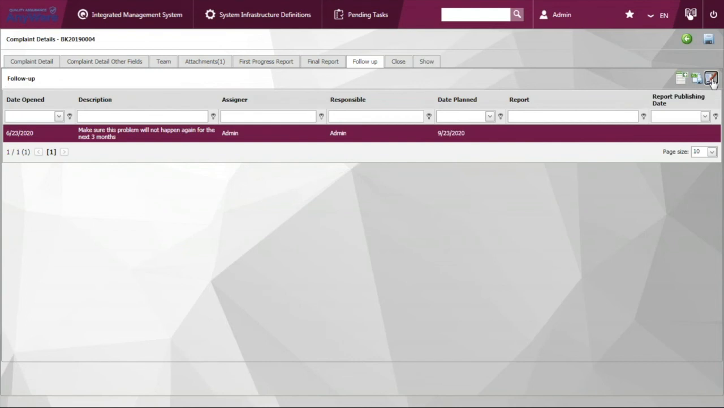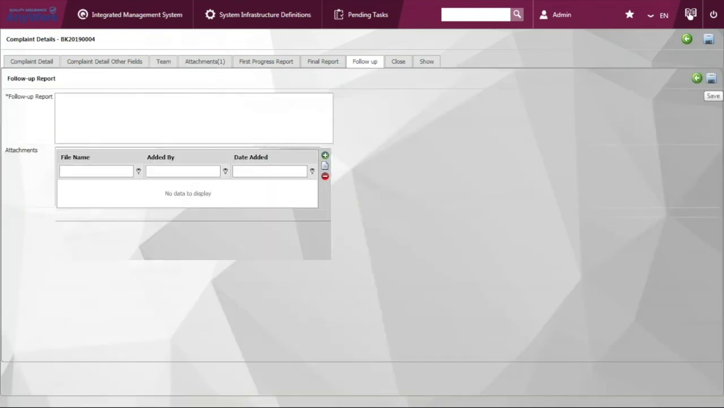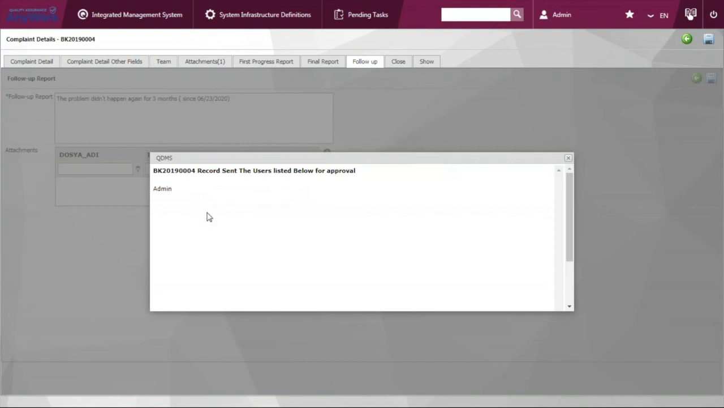So now, considering we make sure it does not happen again in these 3 months, we can update our follow-up report, like the problem didn't happen again for 3 months, and put it in parentheses, like since June 23rd, for example. Then we can save this, and this follow-up report will be sent to the approver or the supervisor of your quality department,